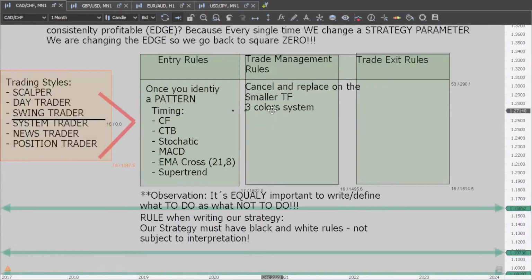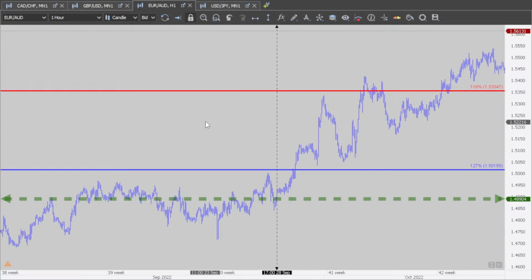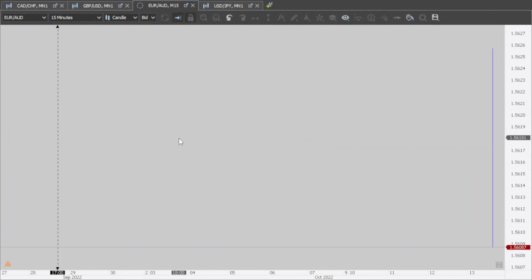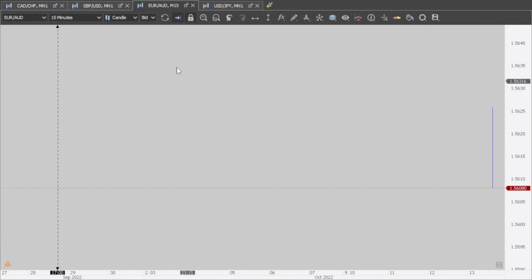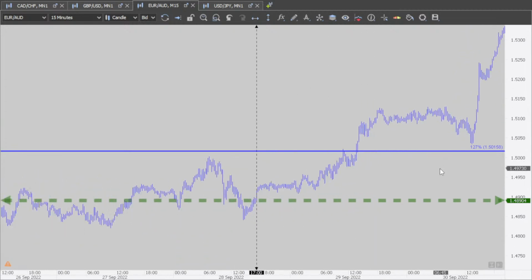Okay, if your strategy is saying I'm going to cancel and replace on the smaller time frame, so if you are on the 1 hour chart, everybody, then your smaller time frame would be, we've learned this, the 15-minute chart, right? So you would go on the 15-minute chart. Okay, 15-minute chart, there you go. So you would be on the 15-minute chart, everybody, and